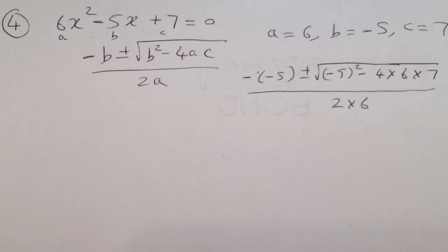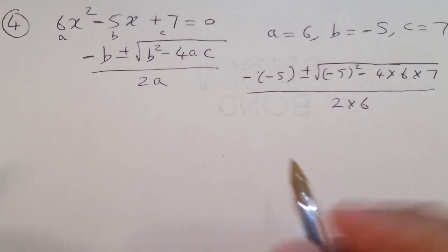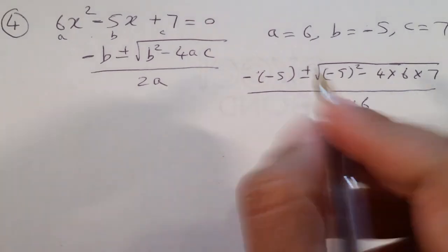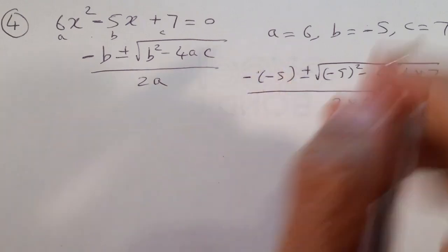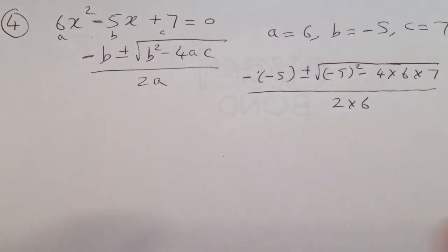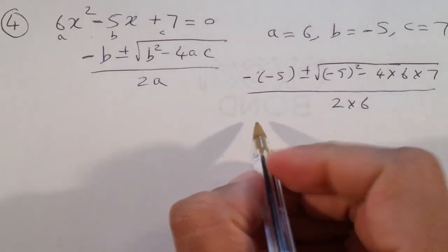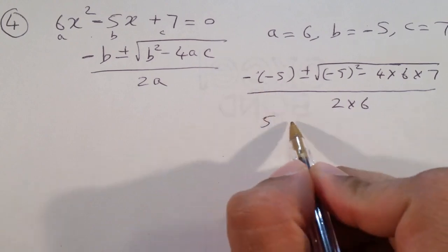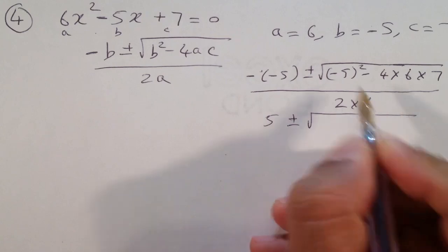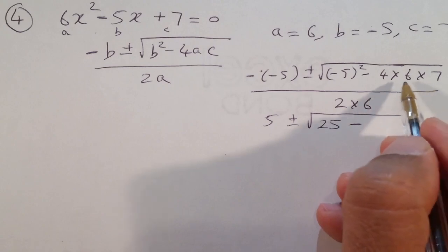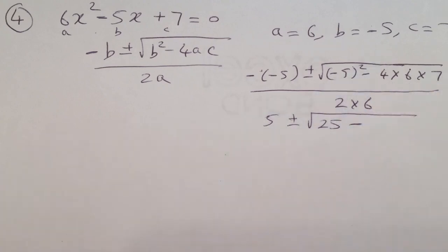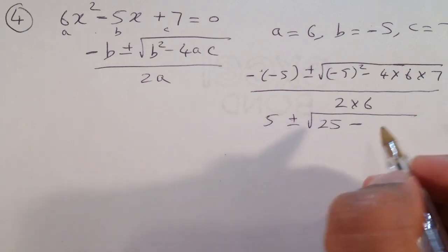Right, now this is a slightly different question. That's why I picked this question. Why? Because I'll show you why. If you put this on the calculator, you'll get an error. You won't get the answer. There are no roots for that actually, which we will work out in this non-calculator section to prove that there is no solution. So plus minus root 5 square is 25, only 1 minus, so 6 times 4 times 7. When we multiply all three, we will get 168